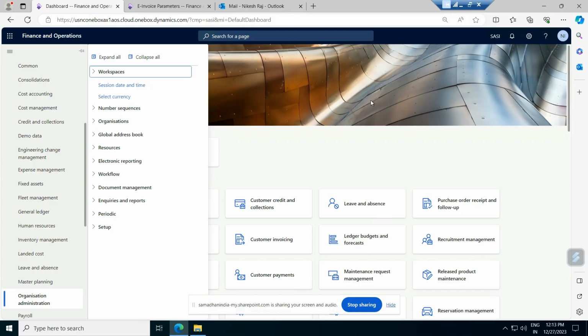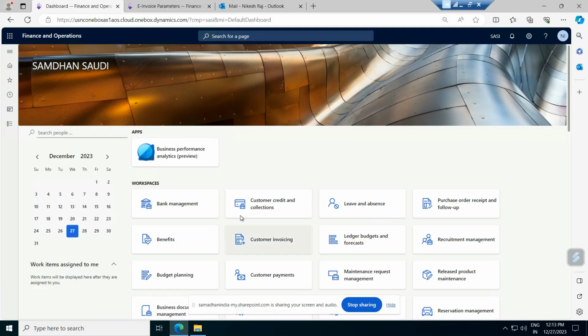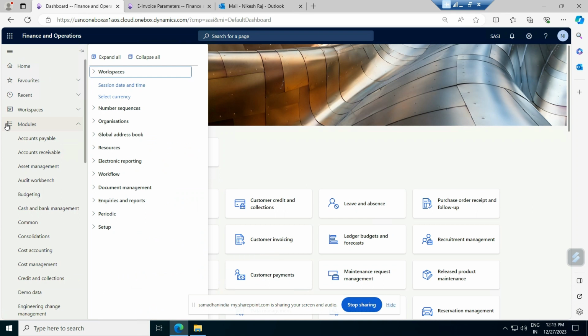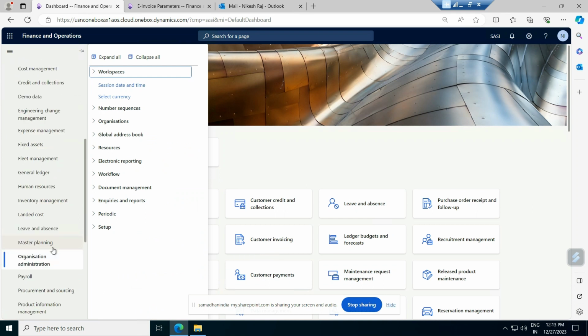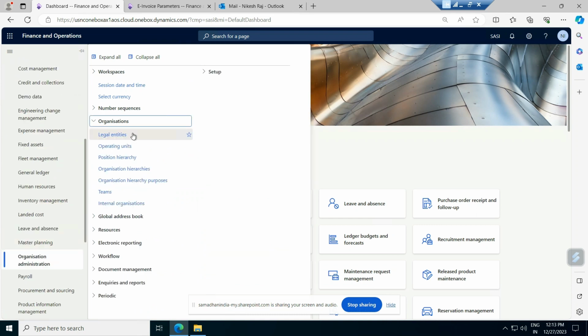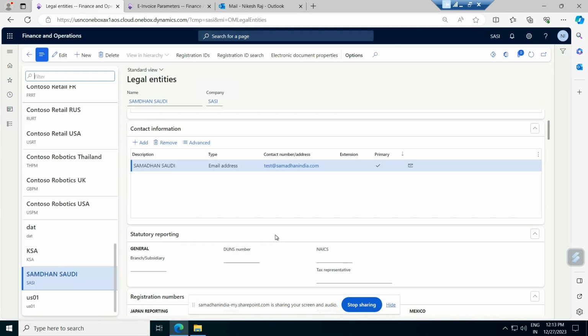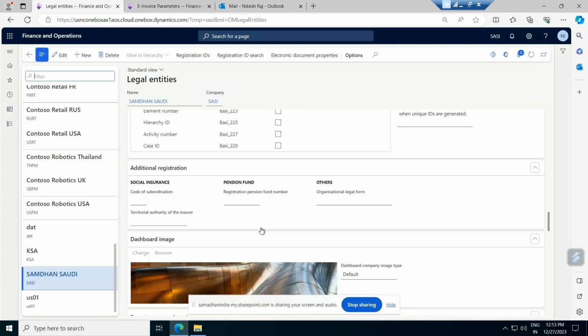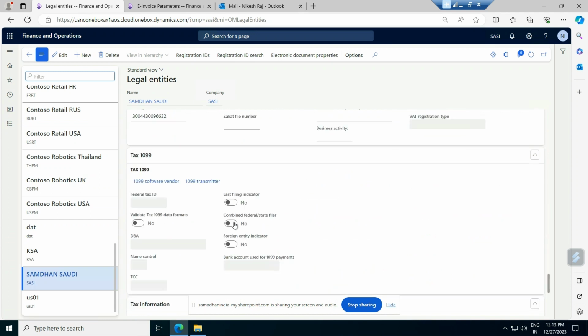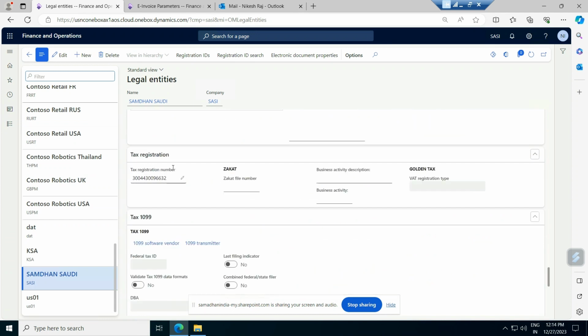So this is our dashboard for finance and operations. Now I am going to show you the setups. In the organization administration, organizations and legal entities, we have to define the VAT number. So as you can see, the tax registration number, meaning VAT number, we have specified in our legal entity. Now